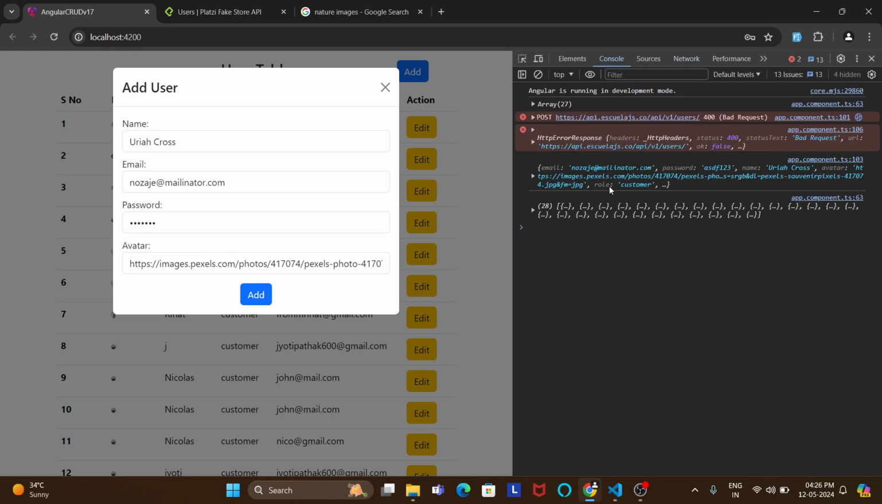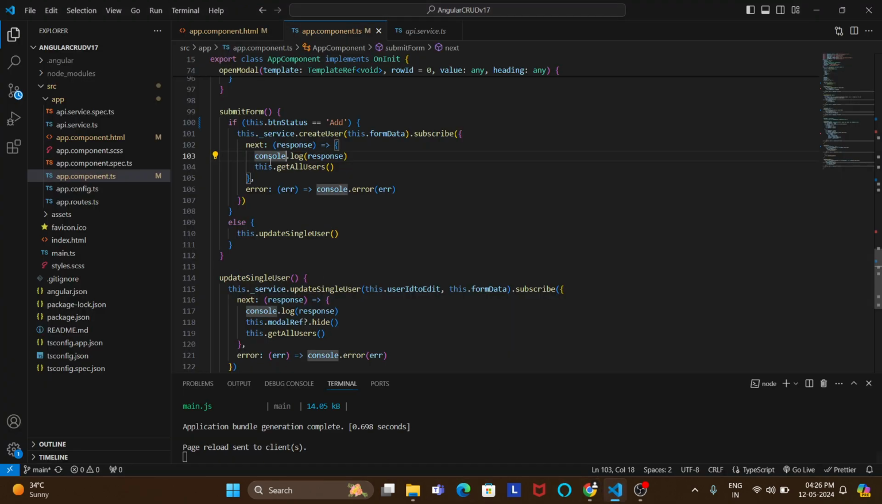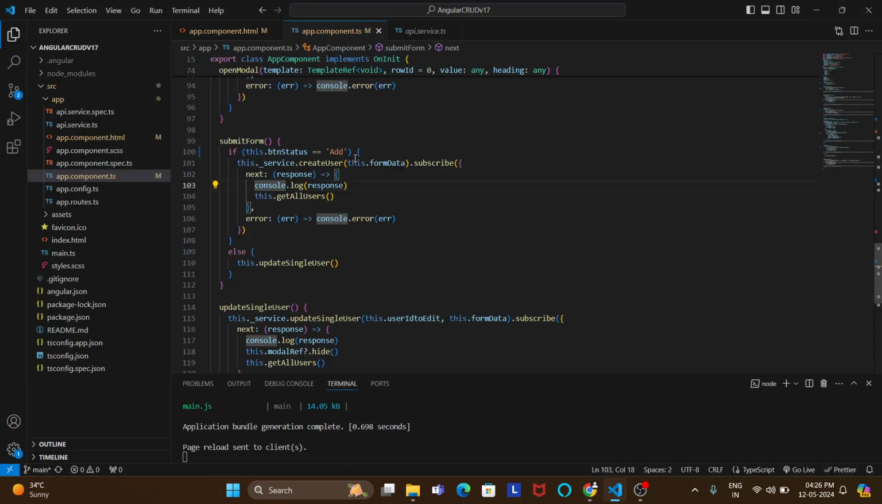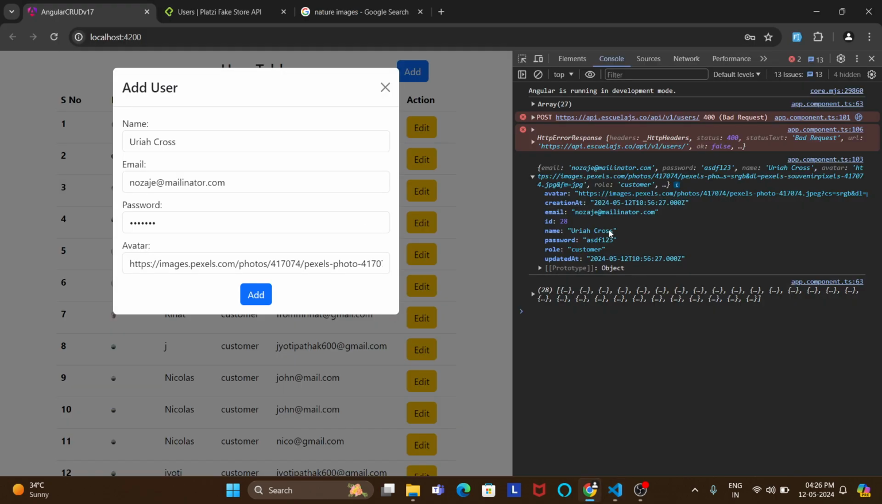And you can see in the console, line number 103. Here I'm getting the response data, the user which I have created. And one more thing,